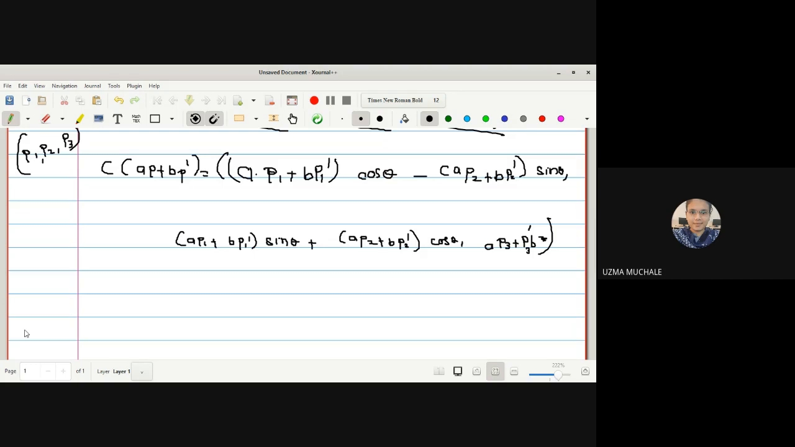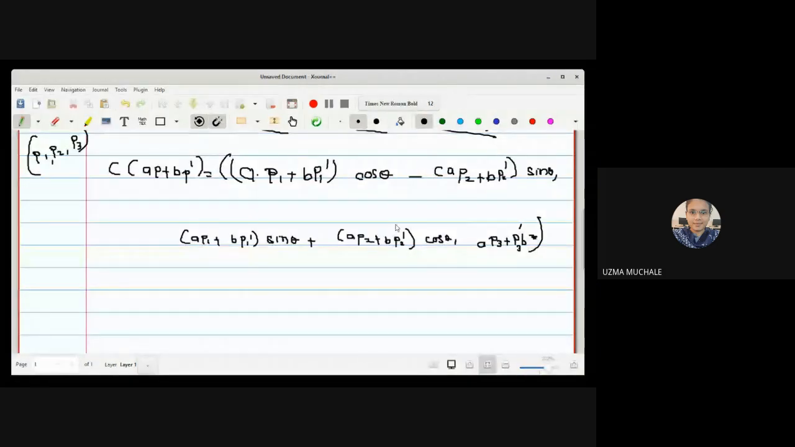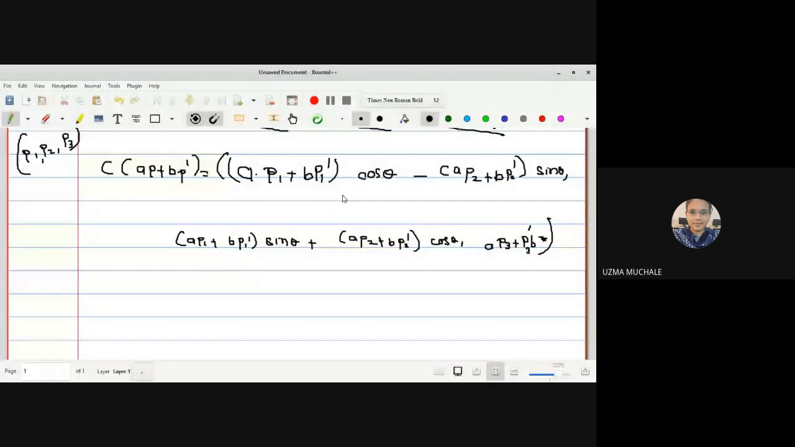ओके, थोड़ा सा चेंज है. जहाँ पे P1 P2 P3 है वहाँ पे हमें A P1 plus B P1 dash, A P2 plus B P2 dash and A P3 plus B P3 dash, क्योंकि हमें linearity prove करना है. Okay, now let us expand this so that we can have the result as A CP plus B CP dash,